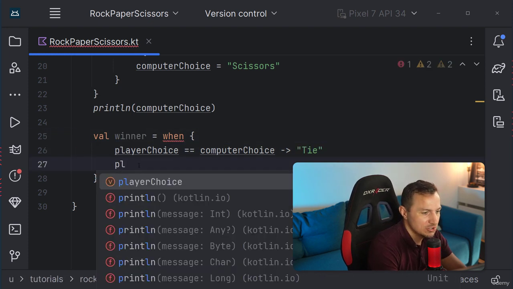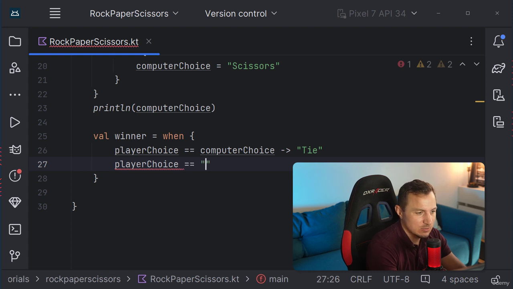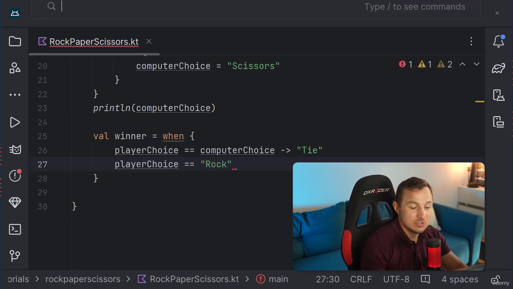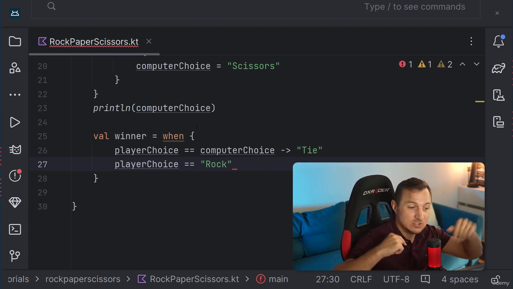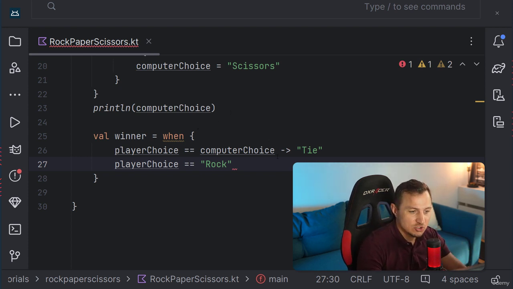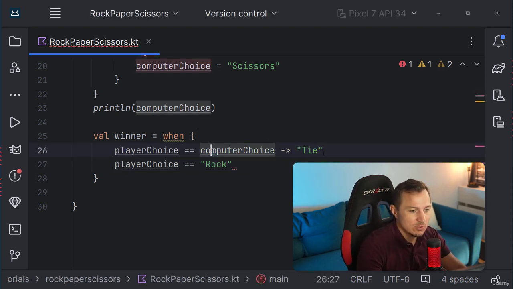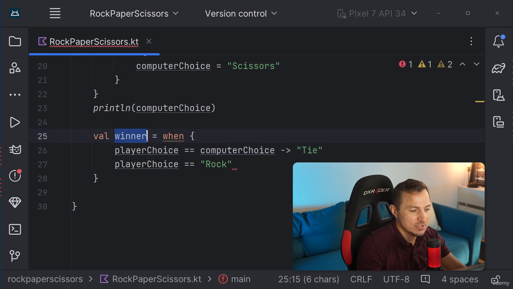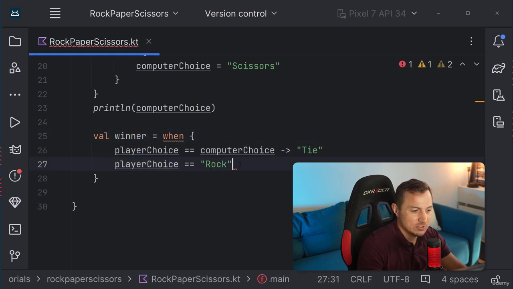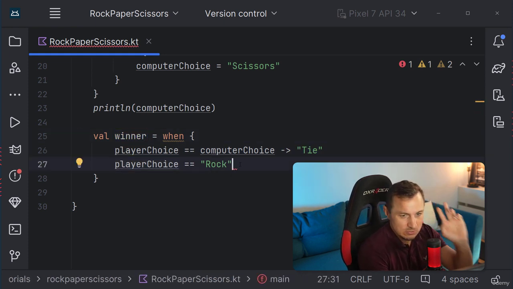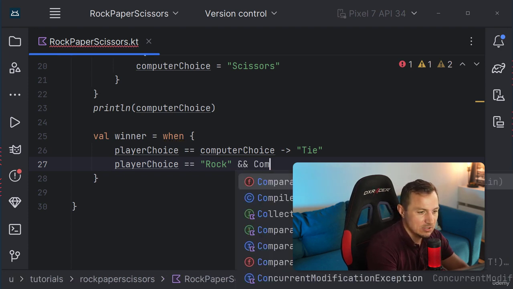When player choice is equal to rock, so we're using double equal signs, and double equal signs is how you compare. This double equal compares one thing to another thing, and if they are the same, then it's going to return true. If they are not the same, then it's going to return false. So if it is true, then this when statement will go and use this tie to store it inside of winner. When player choice is rock, as it equals rock, and the computer choice